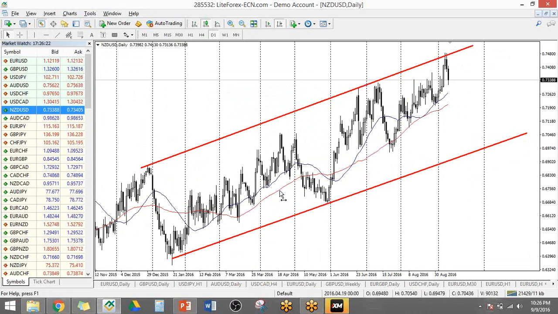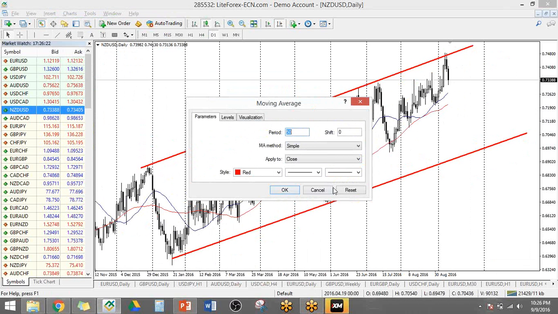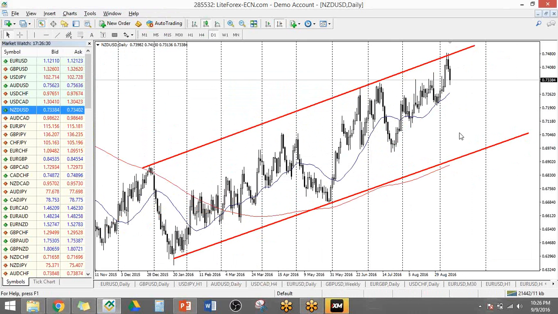Let's make one longer. Let's make this 200. There you go. All right. So this is what Laurent was talking about. You have here a trend line, and it basically guides you where the price is going. So it's pretty much the same thing as your channeling.